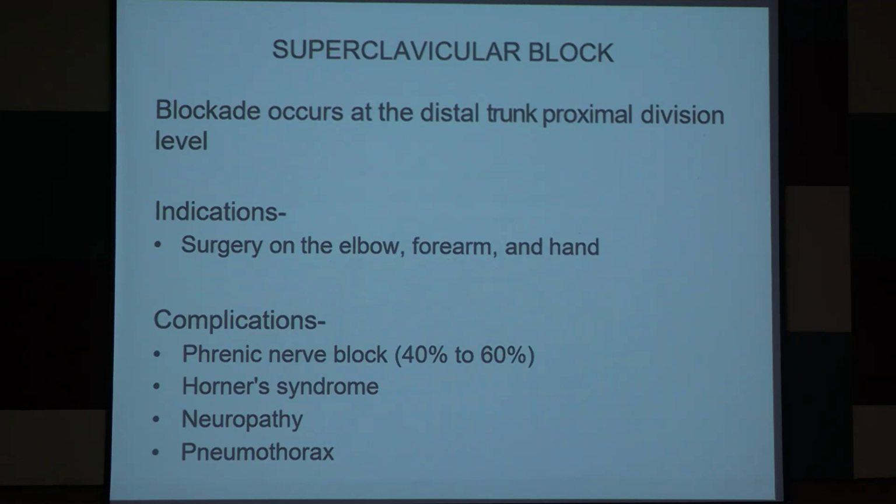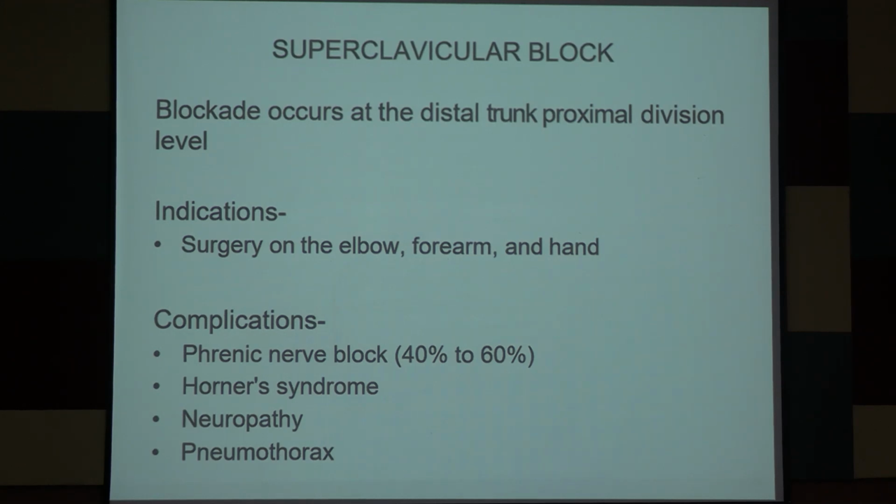So any structure lying adjacent to a nerve plexus, injury to that structure forms the major complications of that nerve plexus, right? Here, when you are blocking the brachial plexus, you have your sympathetic ganglion over here. If that gets blocked, what will happen? Horner syndrome will happen, right? If you are blocking at the interscalene level, Horner syndrome is more common because the sympathetic ganglion lies more proximal to the brachial plexus.